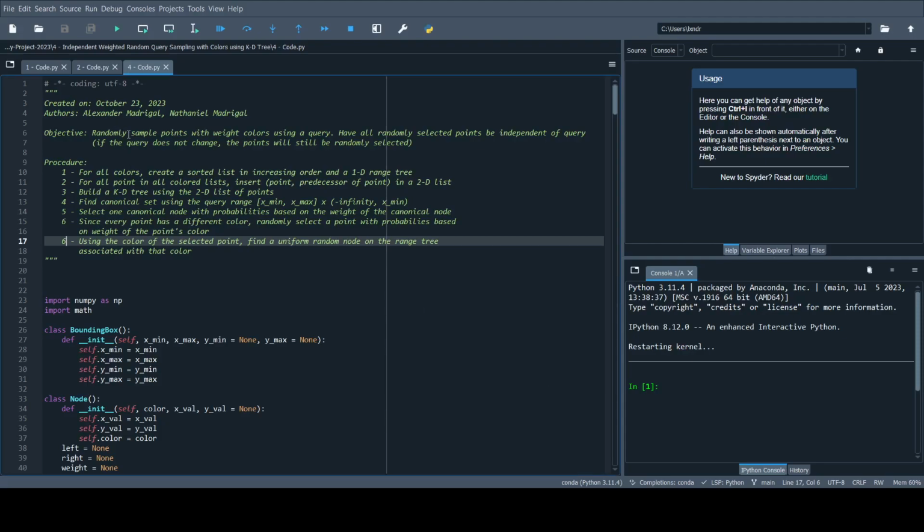Hello, my name is Alexander Madrigal, and I will be explaining code for independent weighted random query sampling with colors using KD trees. So the basic idea is to randomly sample points with weighted colors using a query and have all points randomly selected be independent of the query, meaning that if the query does not change, all points will